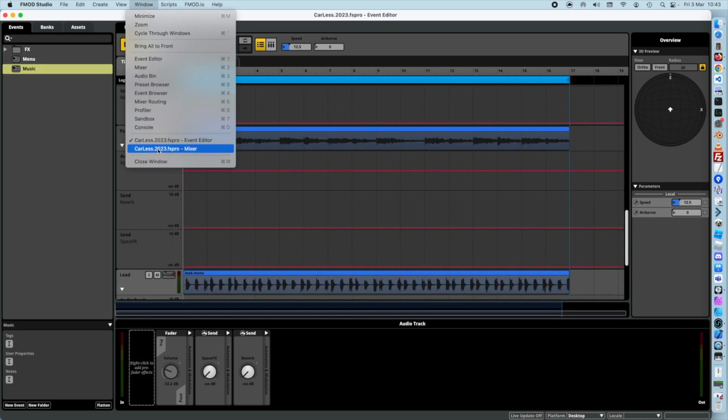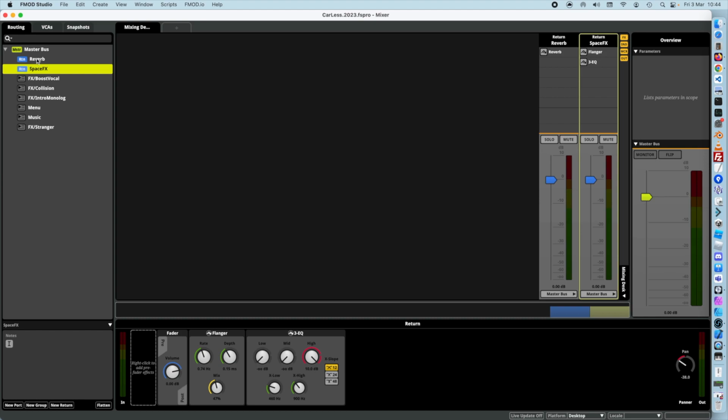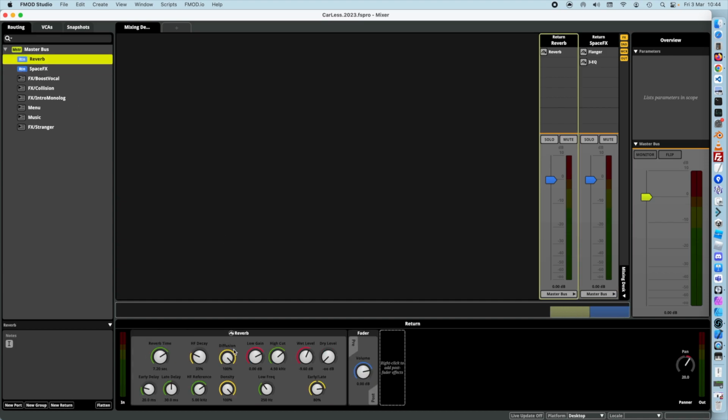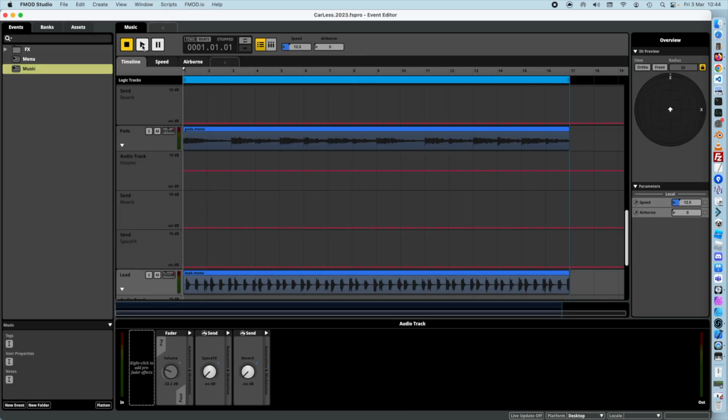They're sending to a part of the mixer, which has got these two sends, one for adding reverb and one for adding an effect. On the effect, we've got a flanger that's just going to oscillate a little, and an EQ that's going to cut off the lows and add a bit of high. And the reverb is adding a mega reverb, a 7-second big long reverb. So just to give you an overview of what that's going to sound like,